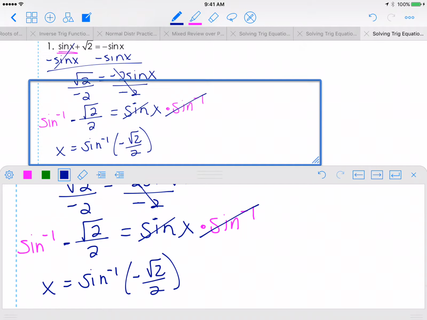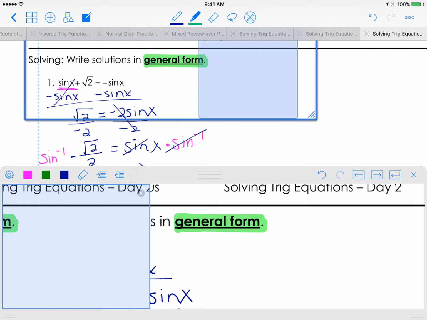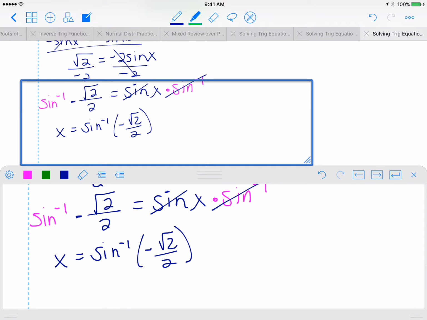Now before we go on, I want to go back and I want you to notice the directions this time. It says to write in general form. So this time we're going to have to look at the unit circle, find our answers, and then think, does it go around pi over 2? Do we keep walking around a circle, or is it tangent where we're going to have to do plus pi n? So because we're looking for the sine,